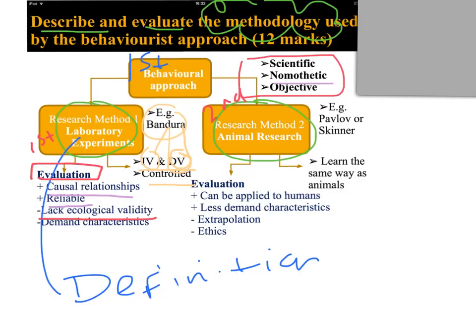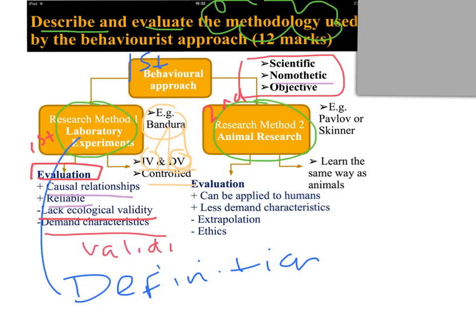Because the studies are artificial, they know they're part of the studies, and because the participants understand that the researcher is seeking a certain aim, they try to guess the aim and change their behaviour to match the aim. So it's called demand characteristics. The participants are changing their behaviour to the demands of the study. What this means is that it actually lacks validity,